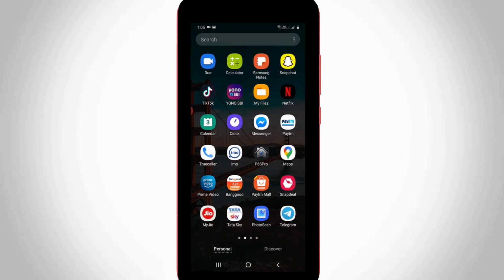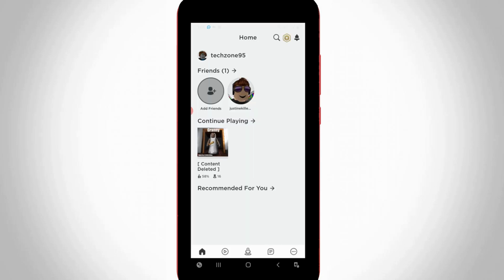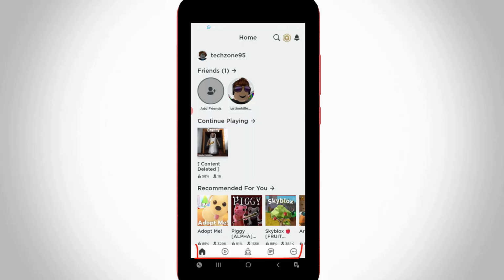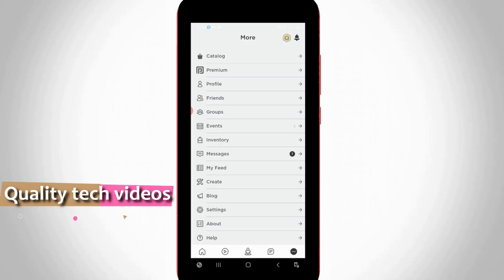So just open your Roblox application and don't forget to log in to your account. So now in this homepage section, at the bottom you can note one thing. It has some icons. So here you can simply press that horizontal three dots icon, the final one, and it shows lots of